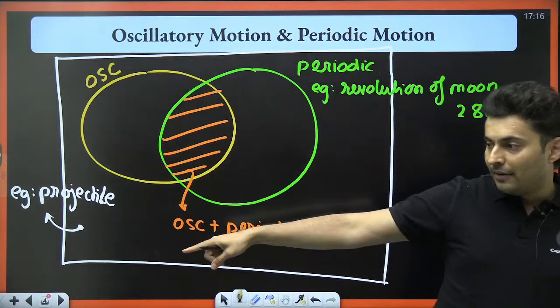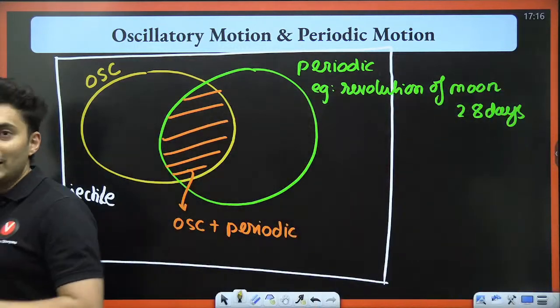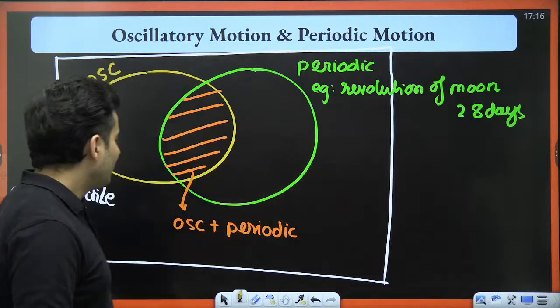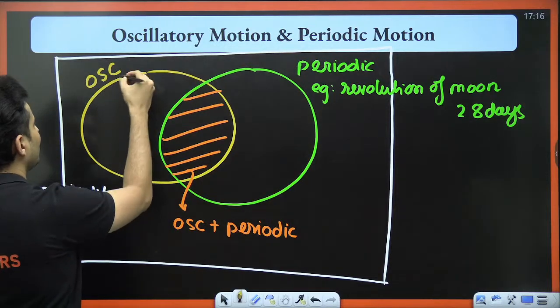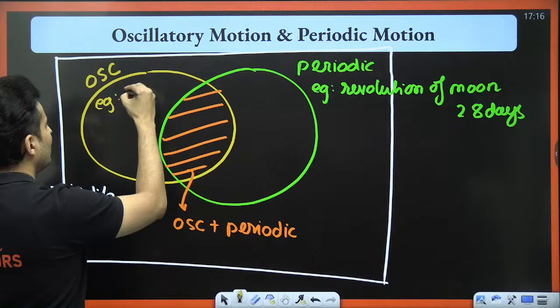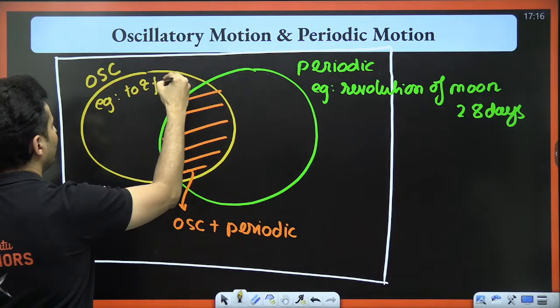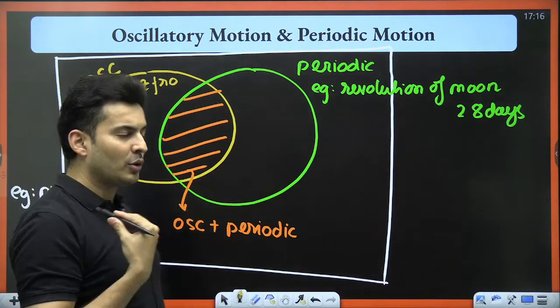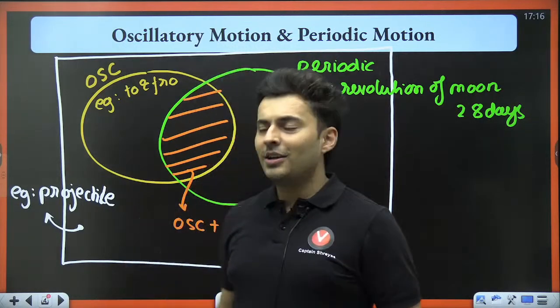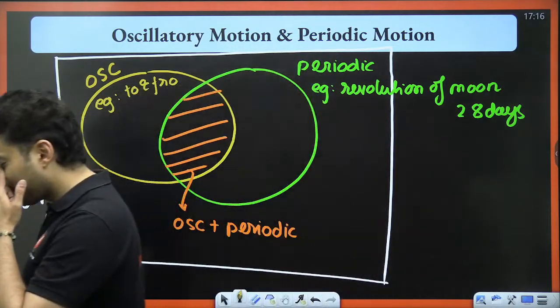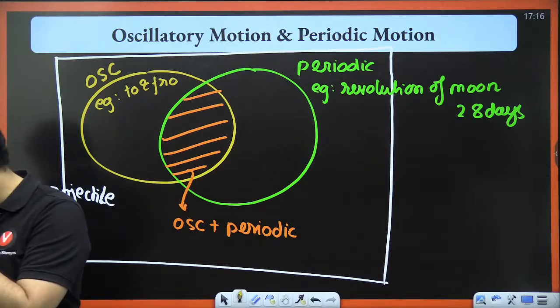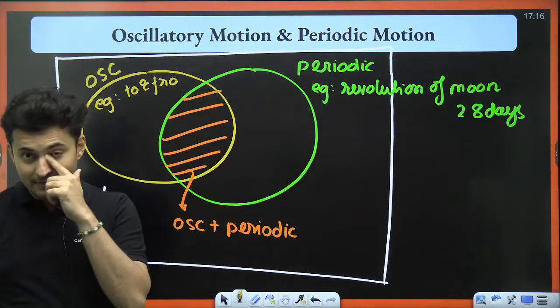Oh wait, I think I have kept my pen there. Let me get back over there. So you're going to and fro. So that is a very good example of oscillation. So to and fro motion, any kind of to and fro motion, back and forth motion is an oscillatory motion. Is that right? Very good. Even electron around the nucleus, Sanvi, yes, that is a periodic motion, definitely.